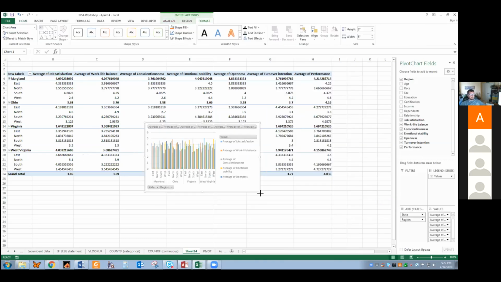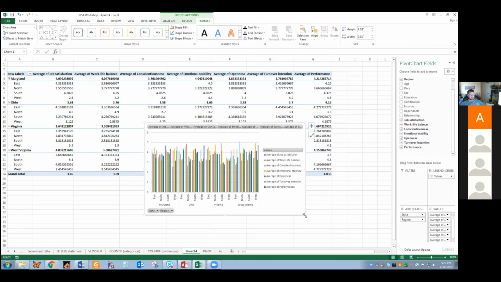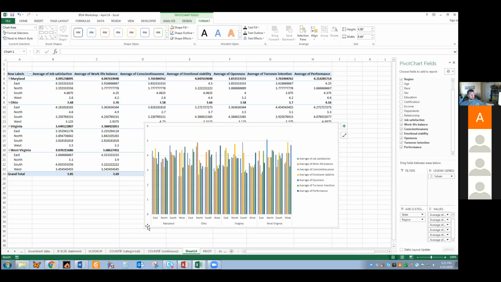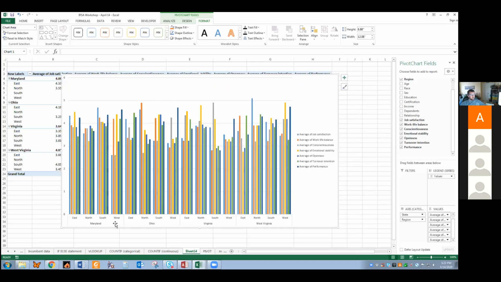And you can see this is busy, right? Because there's a lot of information here. I'm going to get rid of these things. I'm just right-clicking and saying hide all field buttons. It gives me a little bit more room. If I just blow this up for a second, you can see Maryland, Ohio, Virginia, West Virginia, and you can look for